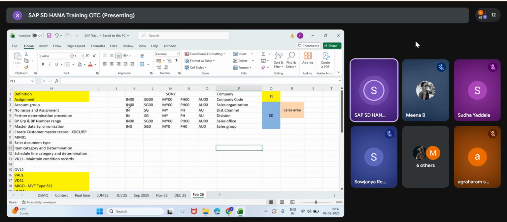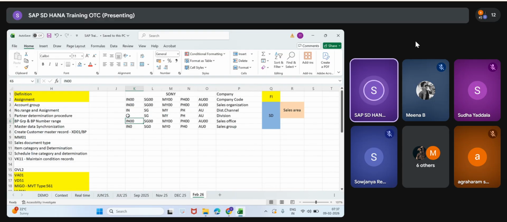In India sales area, suppose they are going to create a sales order, IN00, from which sales office? Suppose state wise they have sales offices: Karnataka sales office, Tamil Nadu, Andhra, Telangana, Maharashtra, like that. So there are multiple sales offices.